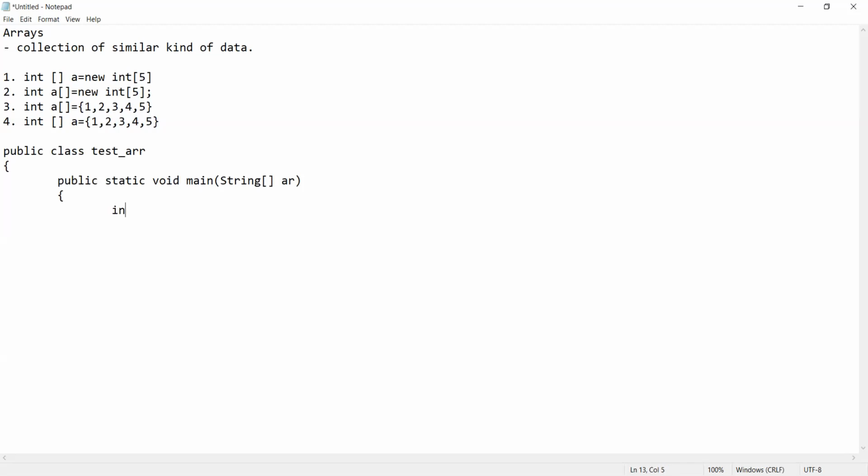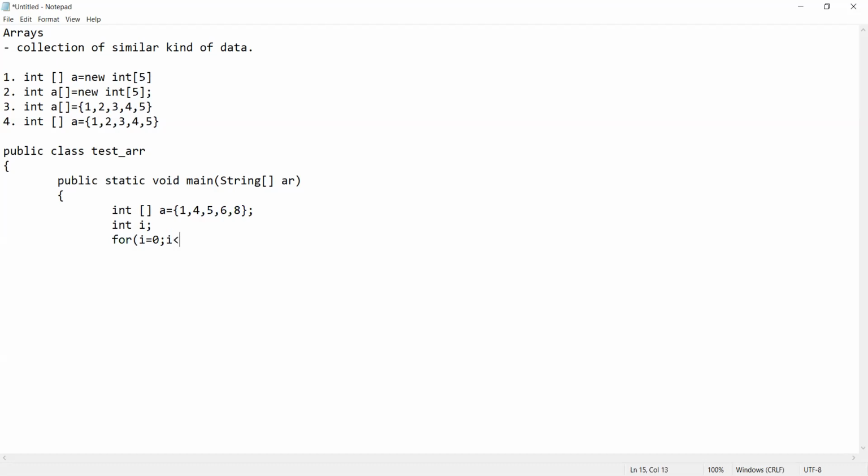As we have already decided, we need to store 5 numbers in the array, and then I will display these numbers. So I'm making an array, let's store the numbers like this. 5 numbers I have stored. Now I wish to display these numbers. So we can use a for loop. The index of the array always starts from 0. So the counter, I'll start from 0.